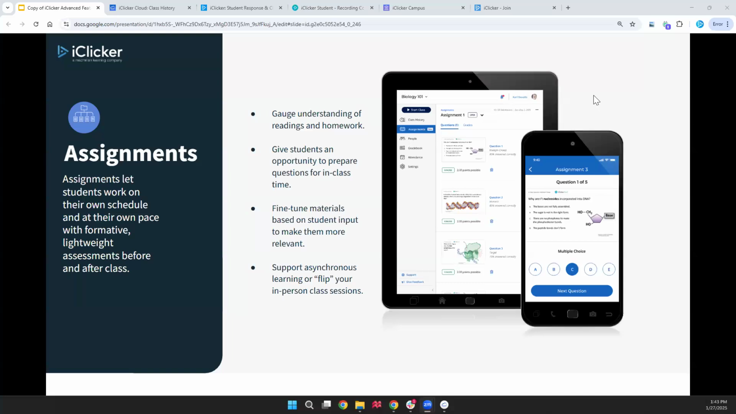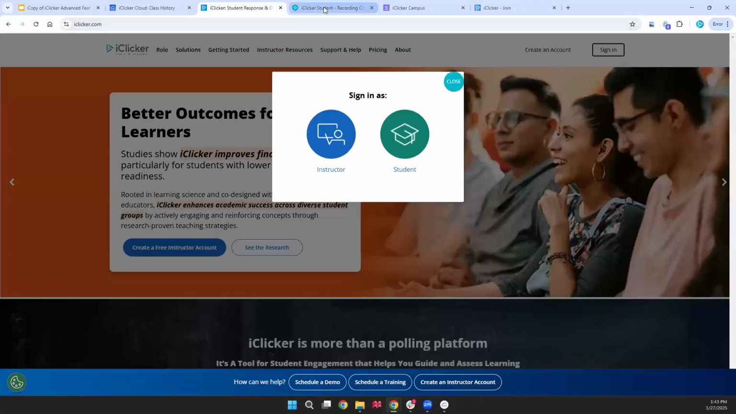Our next feature is our assignments feature. Assignments let students work on their own schedule at their own pace. This can be done before or after class and is meant to be helpful, especially for asynchronous courses. To create an assignment,